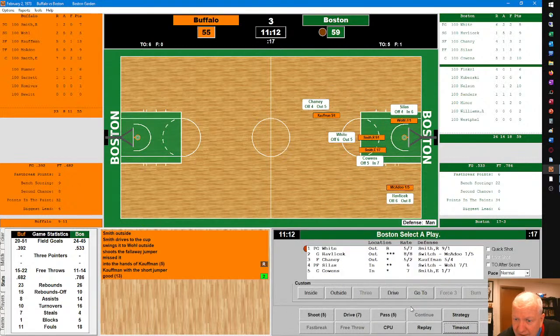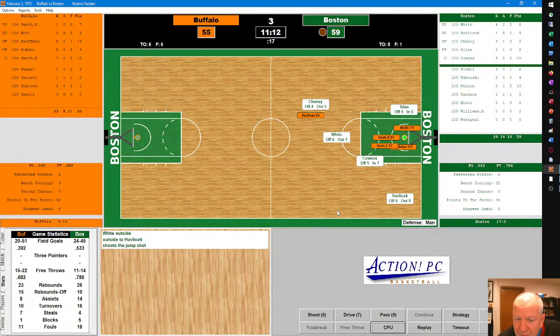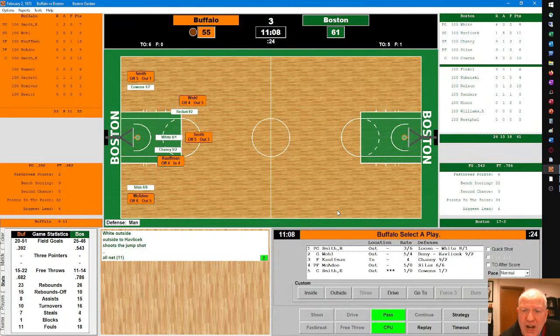White calls the offense. Asks for the screen. Cowens comes over to put the pick on him. And White finds Havlicek open on the baseline. The baseline jump shot by Havlicek is good. Nothing but the bottom of the net for John Havlicek, and it is once again a 6-point game.